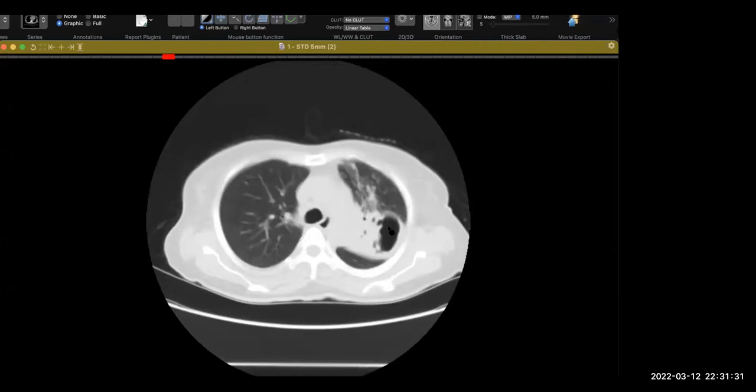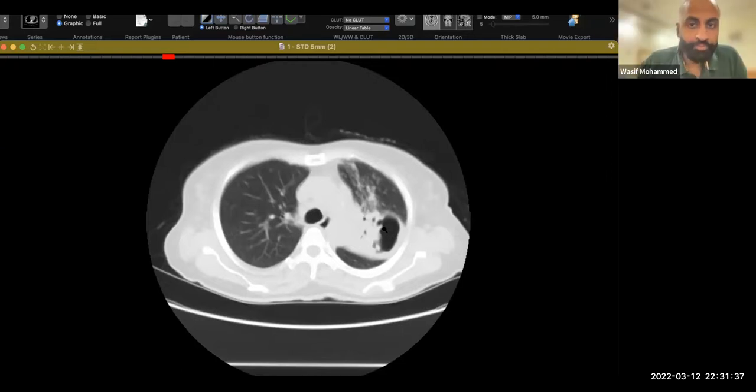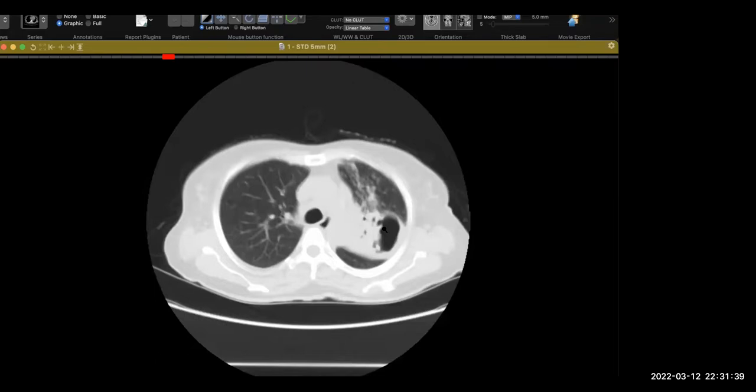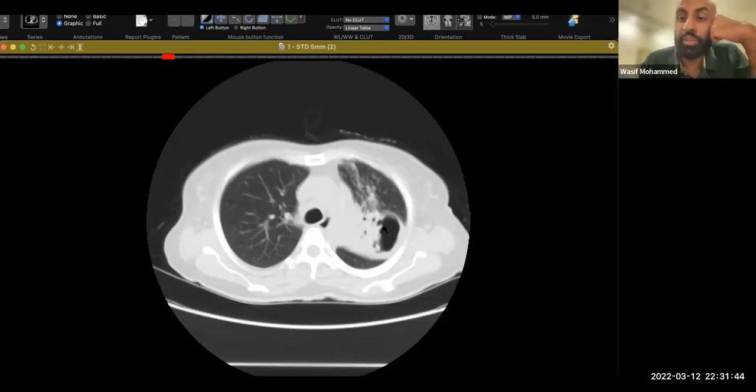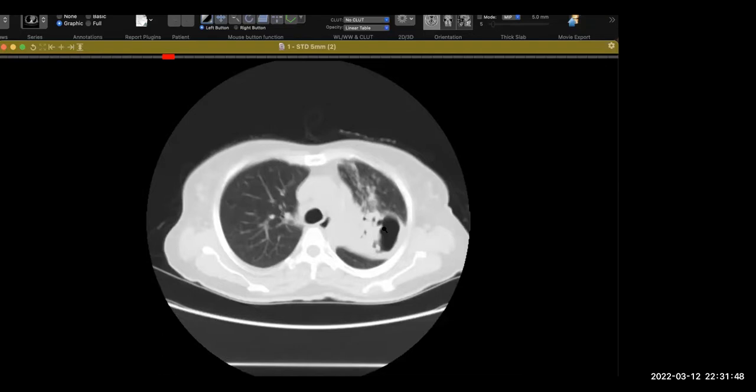So I will also think of a cavitating malignancy, though this patient is 40 years old. Or it could be some atypical infection which has not resolved because of the routine antibiotics